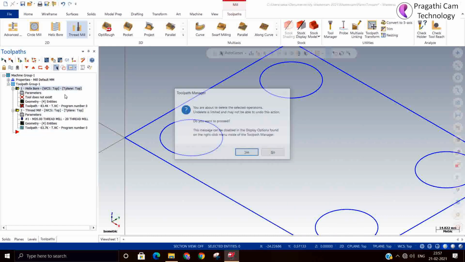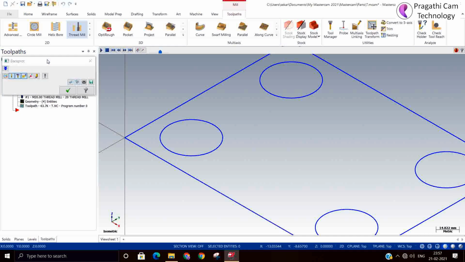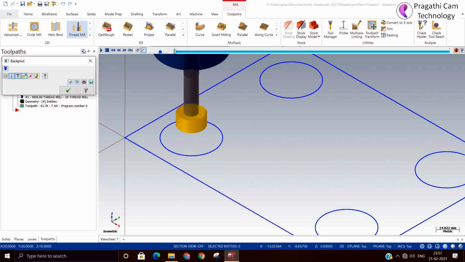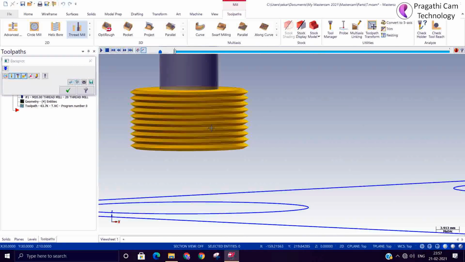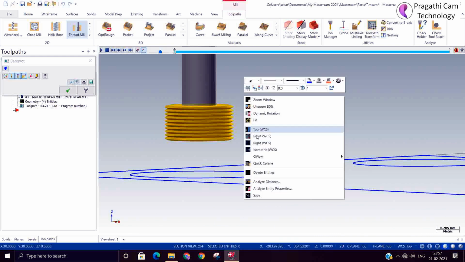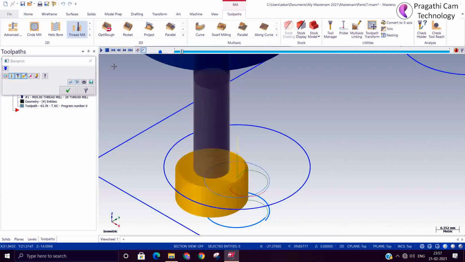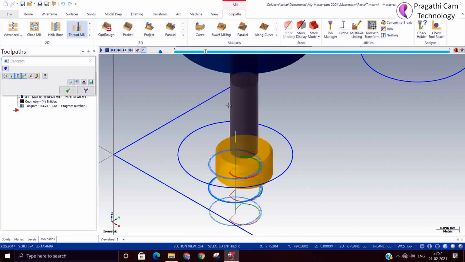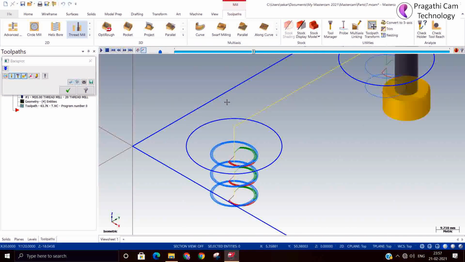I will delete the helical bore. So now you can see the back plot. It's visible to you, the threading tool. In a similar way it will machine the threading. Here the number of cutting edges is more.